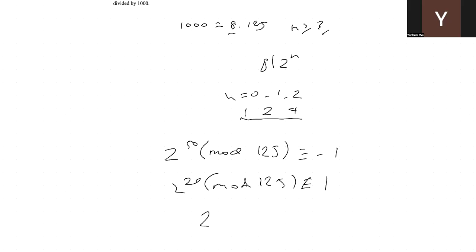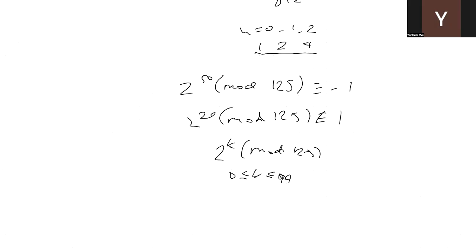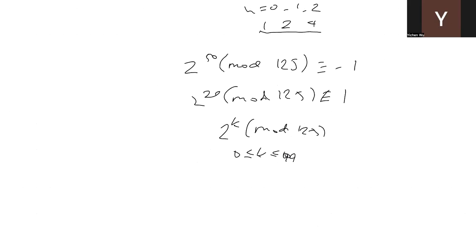two to the k mod 125, for 0 less than k less than 99, each of these integers k will yield a different remainder mod 125. And this is useful because basically it's just going to be like 1, 2, 3, 4, 6, 7, 8, 9, etc. Now, if we also combine this with the 0 mod 8 condition, then these will basically just